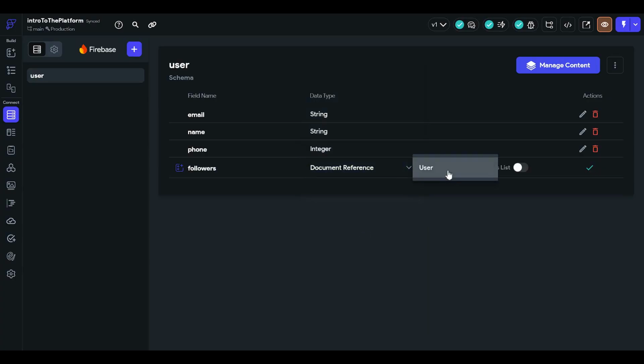You will save a lot of users' data in a list, so we will make this a list of document references of users. So this will be your followers list.